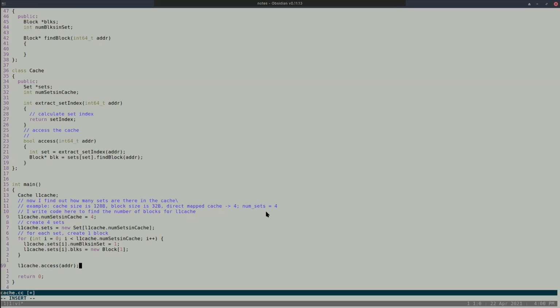The CPU has said, this is the cache, I want to access this particular address. The CPU is not worried about anything else, not about the underlying complexity or the underlying hierarchy in the cache. It has just said L1 cache dot access address, coming up with some address. So now I have come here, I have the address with me.